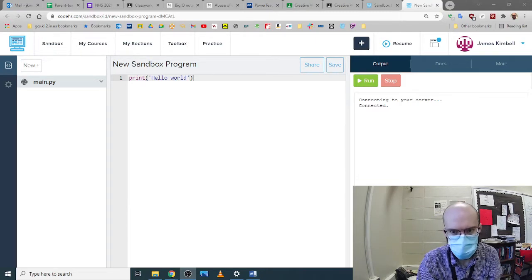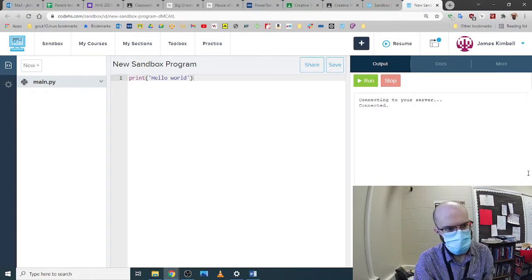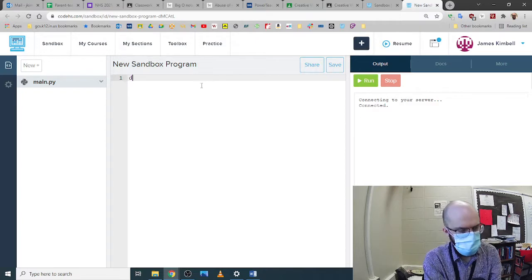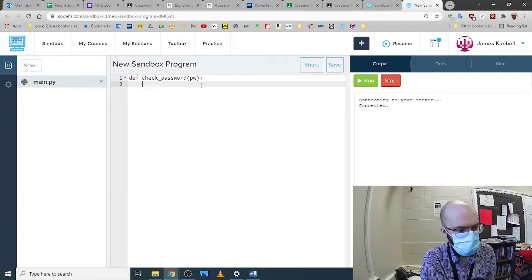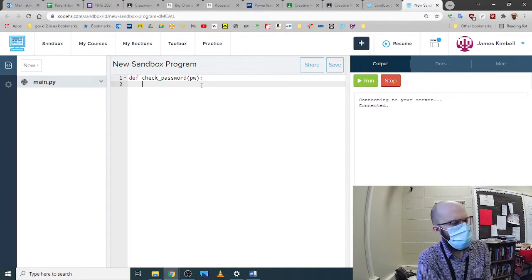So let's make a function to do that. I'm going to give it a name. Let's call it check password, and then it's only going to get one parameter, one thing sent to it. We'll call that PW just to make it nice and short, but you can call it whatever you want. And now this one is a little bit